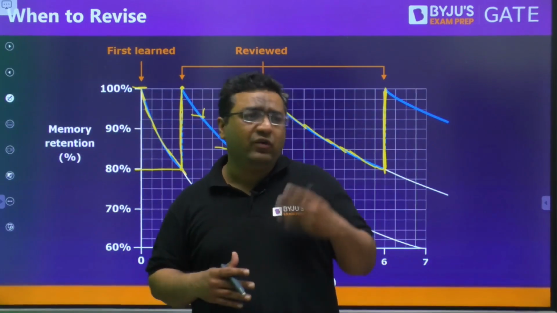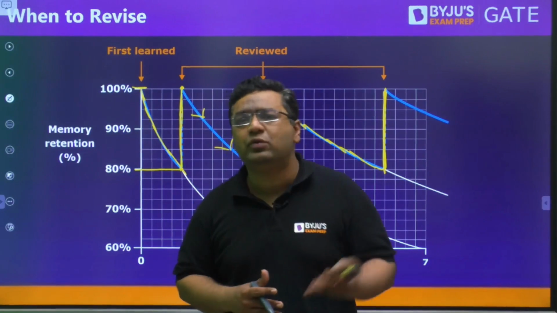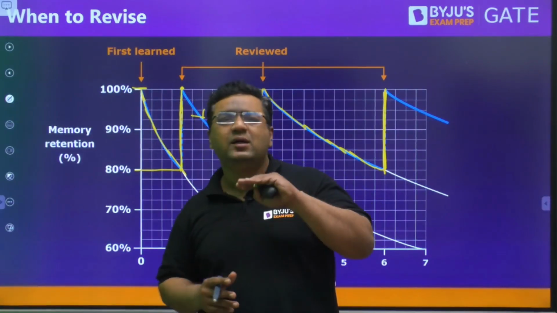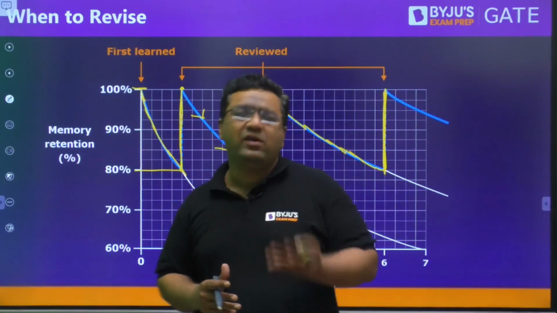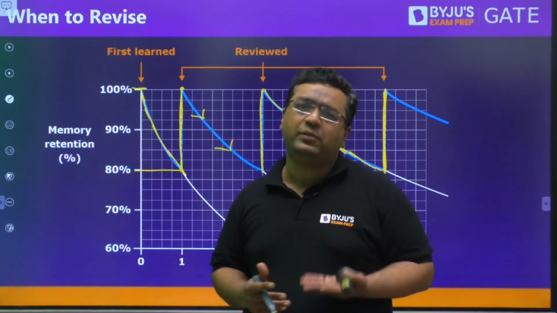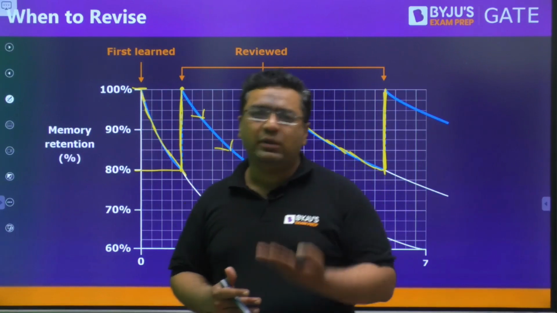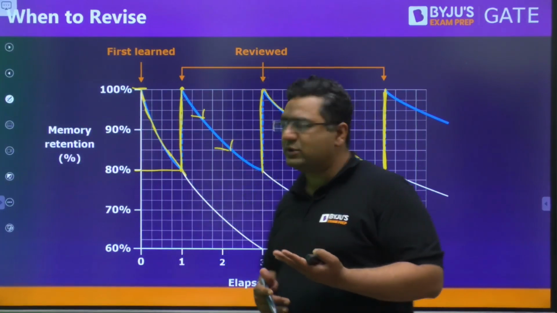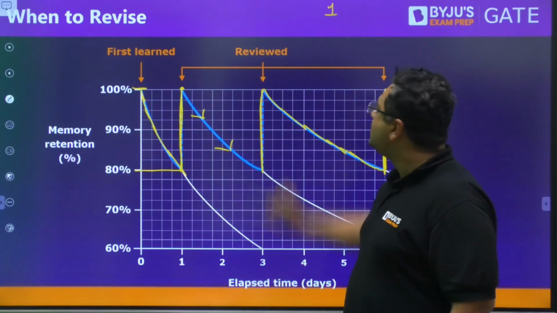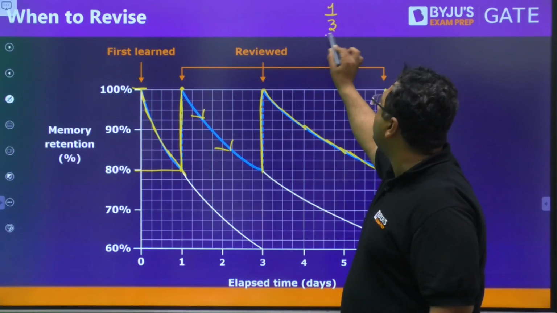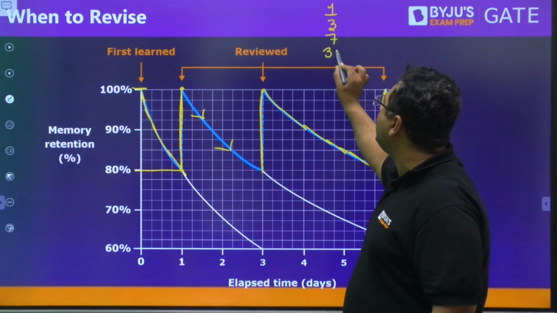If you still feel that whenever you are going to attempt the test, just a quick revision of the formula would be required only, that you can definitely do in 10-15 minutes for a chapter, because revising the formula is not a time-taking process. So as I said, the first revision should be within a day, the second within 3 days, the third within 7 days, the fourth within 30 days.